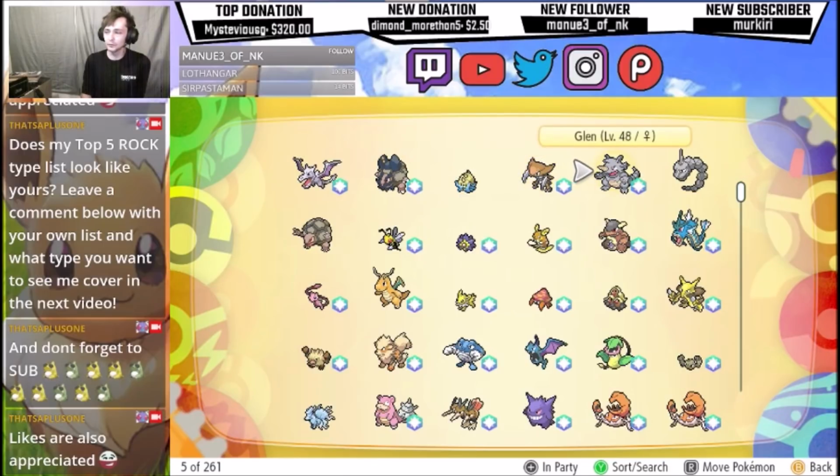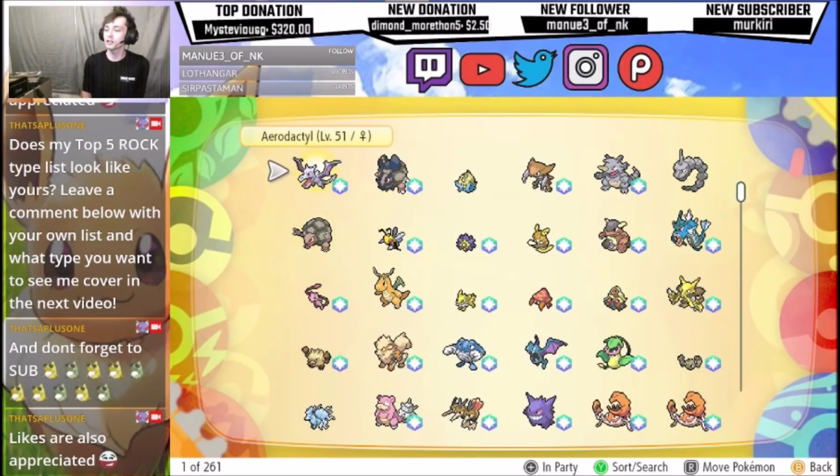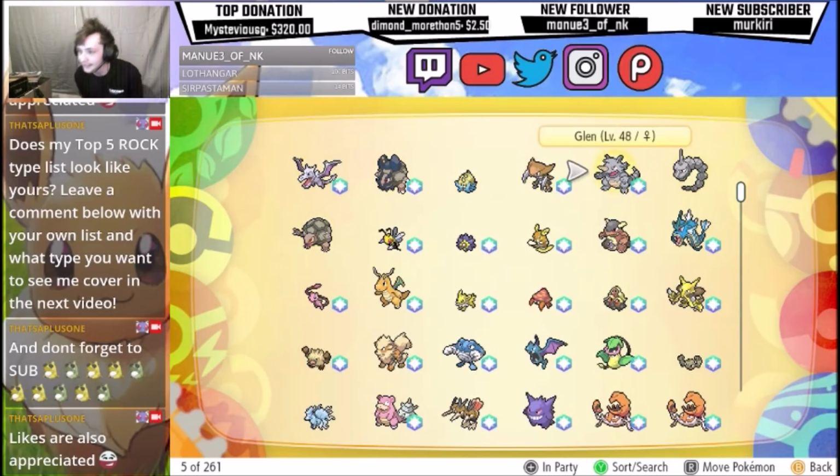In reality, there's only 3 rock grounds. There's Rhydon. I keep wanting to call it Glinks. That's its nickname. We got Rhydon, Onyx, and Golem, and that's it. And so one of these Pokemon isn't going to make the cut. I wonder if you guys can guess what it is. So without further ado, we're actually going to be starting off the list with...